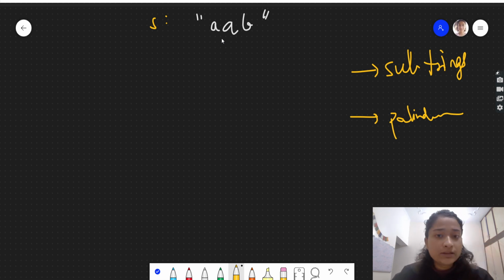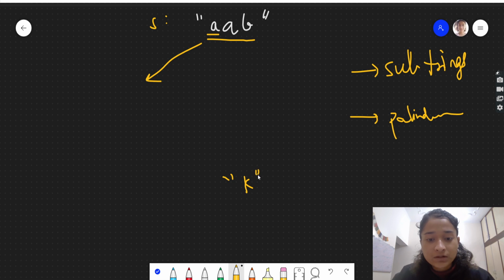Let's take this is the string which is given to us. If we start from the beginning, we see this is the letter A. Now a single letter is itself a palindrome. For example, I have a letter K. K is obviously a palindrome. How? Because it's a single letter, so even if you read it forward or backward, it will be K only. So this single letter A is a palindrome. We found one substring which is itself a palindrome. Let's take this and think about the rest.